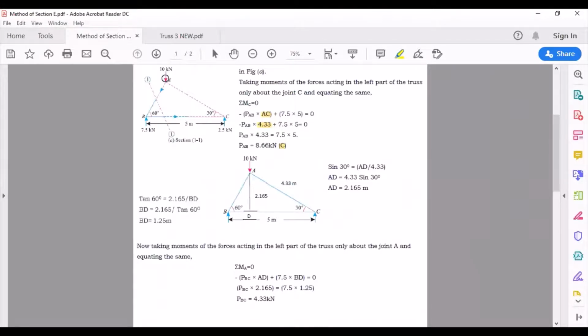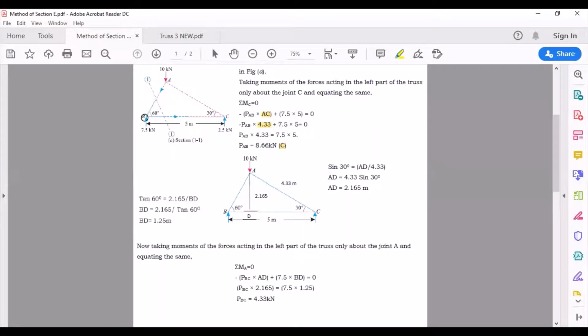So next, if I take moment about point A, we see that this member force AB obviously passes through point A. Therefore, this member force becomes 0. You are left with only two forces: one is BC and the other one is 7.5. Okay. If you take moment about point A, the first thing is